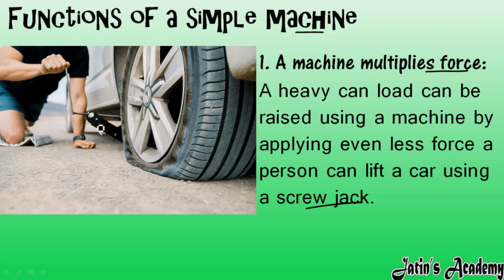So what is happening here? Actually, the screw jack we are using is a simple machine. Here we are applying very little force to move this machine, but the machine is applying a much higher force. It multiplies our force. For example, if I apply 10 Newton force to move this screw jack, it lifts, for example, a 500 Newton load, or applies 500 Newton force on a car. So it is multiplying our force, and this is a function of a simple machine. This is the beauty of a simple machine, how it helps us.